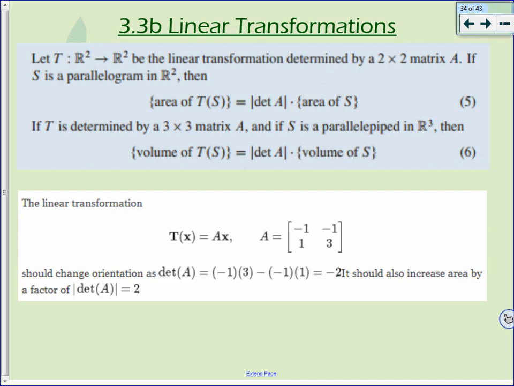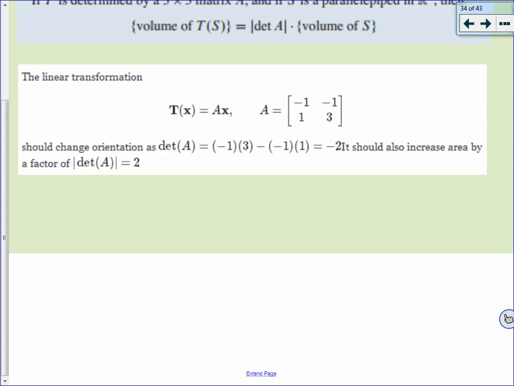Likewise, we have the effect on volume, and we're talking about a parallelepiped. When we talked about taking absolute value yesterday, we were discussing how in this setting area is only considered as positive. But if you get a negative determinant, while the area is still going to be affected by multiplying it by the absolute value of that determinant, what it means regarding the transformation of the shape is that the orientation is